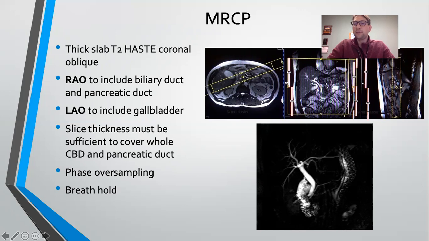But you're going to angle with the head of the pancreas. Make sure it's high enough so you can see the biliary tree here on your coronal. So you've got coverage above the liver all the way down to below the kidneys so that you get a beautiful image of the biliary system so that they can look and see if there's some kind of narrowing of the biliary tree or if there's stones within the